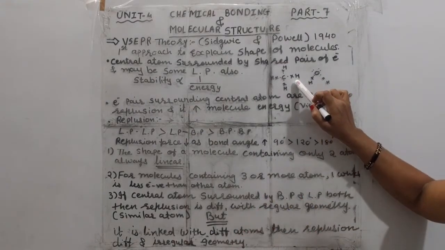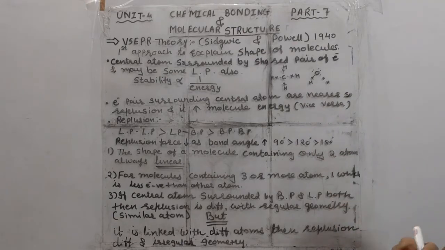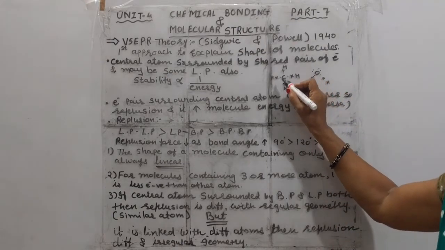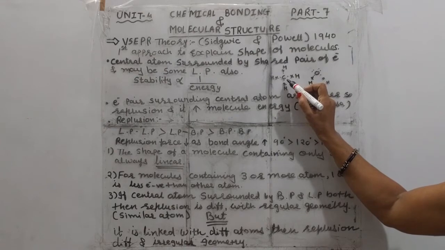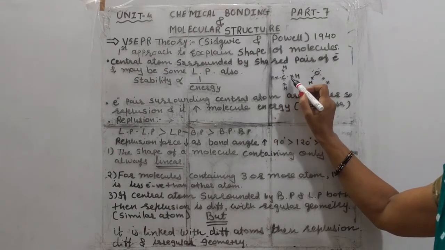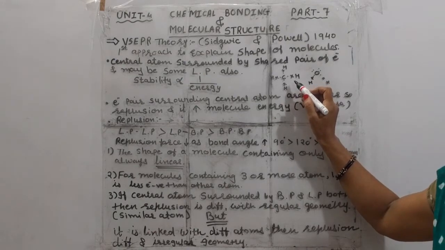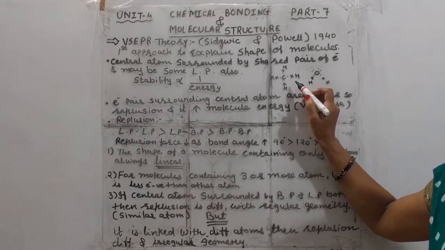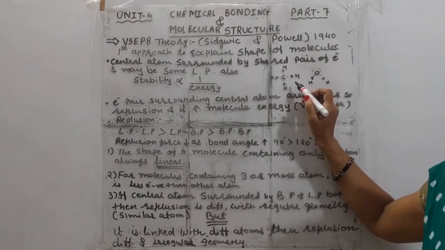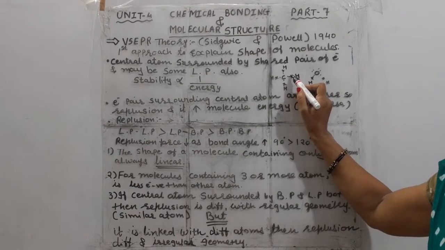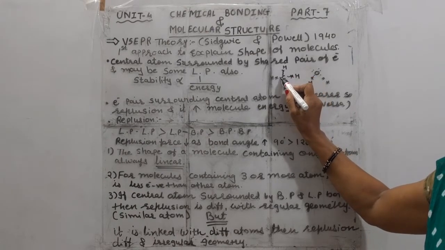Here, students, I have drawn an example, and you can see CH4. Carbon is the central atom, as the valency of carbon is 4, and hydrogen contributes one valence electron. Here we have to think only about the central atom. For the other surrounding atoms, how many unpaired valence electrons they have is not to be considered. So here these are the 4 bonds.